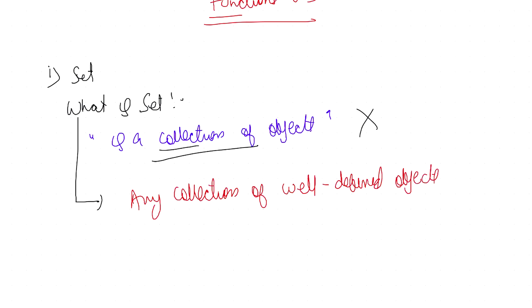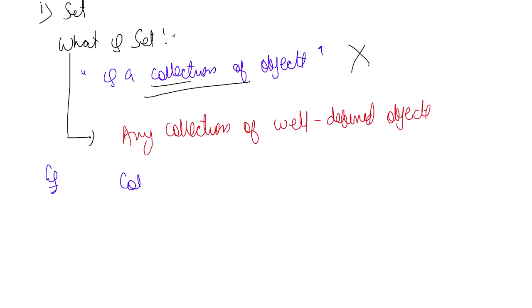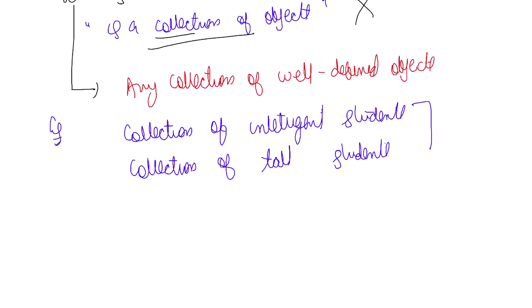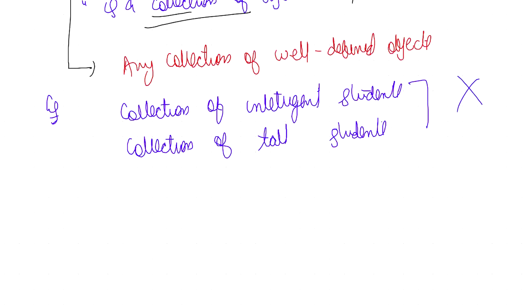Just for an example, let's say if I say collection of intelligent students, collection of tall students. See, both of these seem to be a collection, but in fact, these are not well defined. So we won't consider these as sets, but